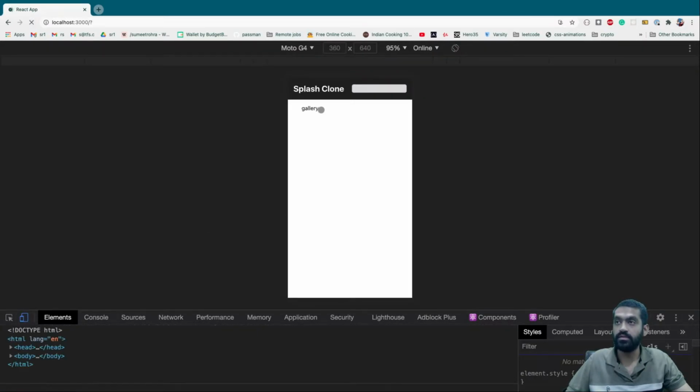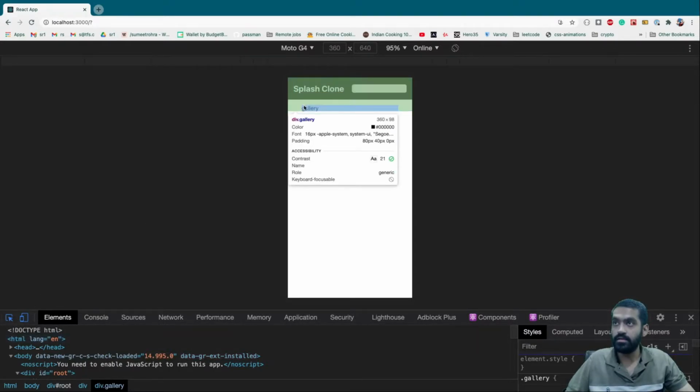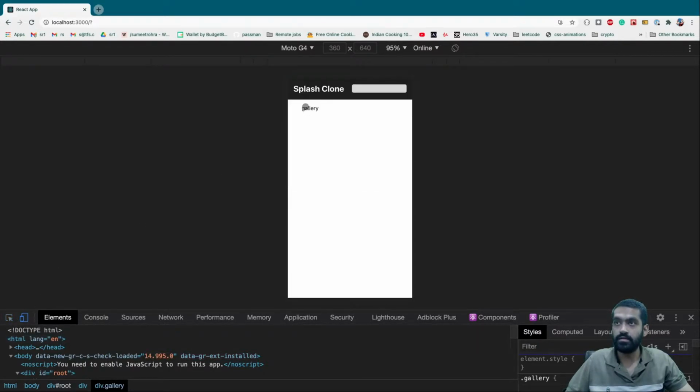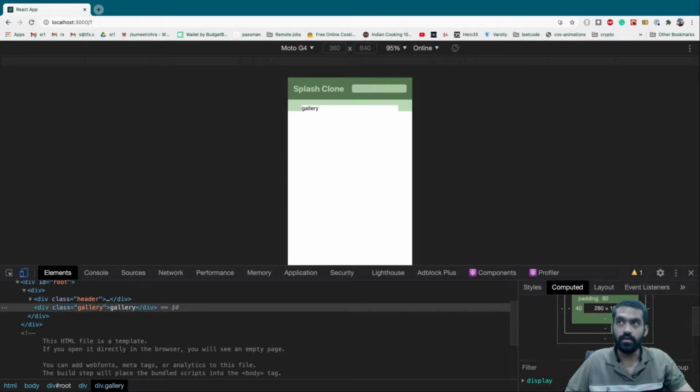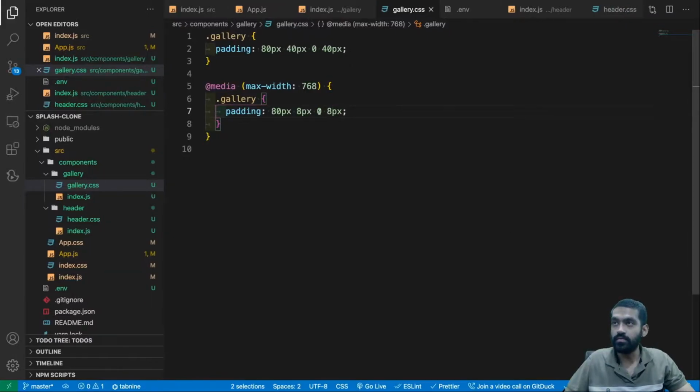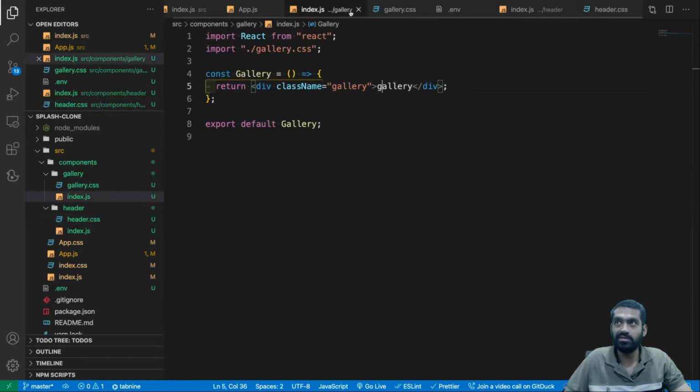And why is it not refreshing? Let's see. This gallery, computed. Why is it giving me 40 now? Max width of 768. Media max width 768. Is this not how it's supposed to work?